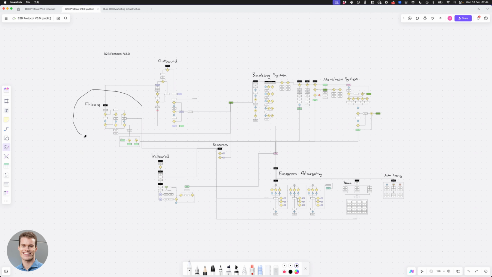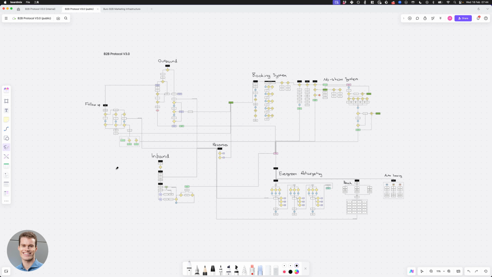The second here is a follow-up, and that is basically of everyone you have in your outbound campaign. If they do not connect, if they do not respond, what do you take them through? That's where we have the follow-up. And then you have the inbound. This is about what type of content can you post, and for us, particularly on LinkedIn, to drive inbound